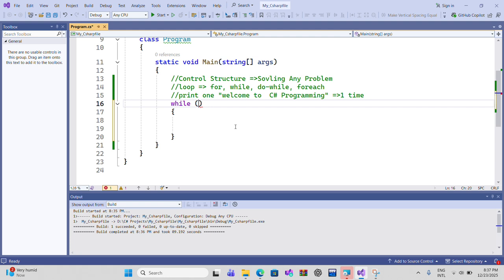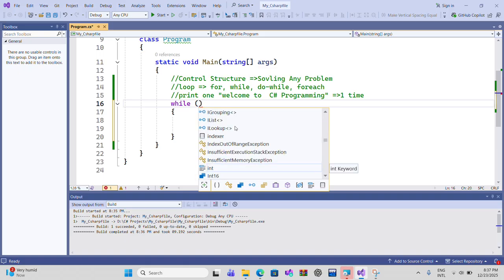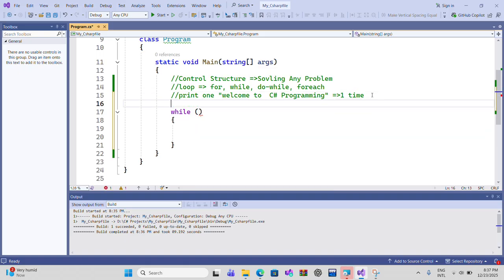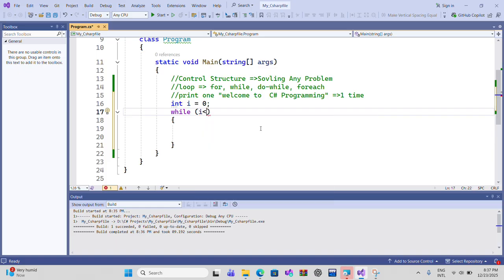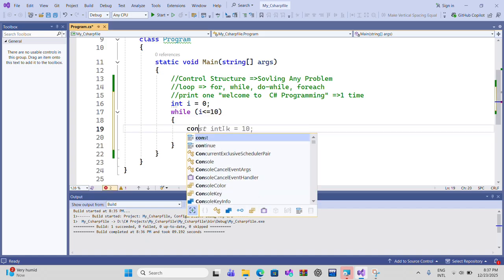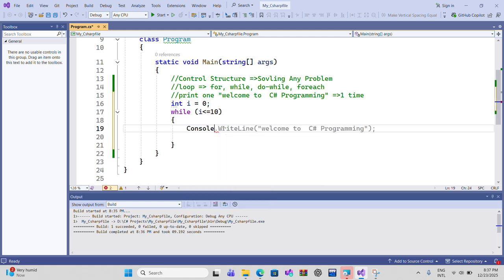For example, before the loop I can declare an integer i equals 0, and then I create the loop structure: while i is less than or equal to 10. I can execute any statement, such as Console.WriteLine "welcome to C# program". This is a statement that we would like to execute when the condition is true,